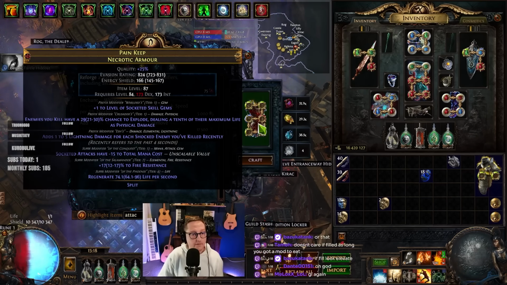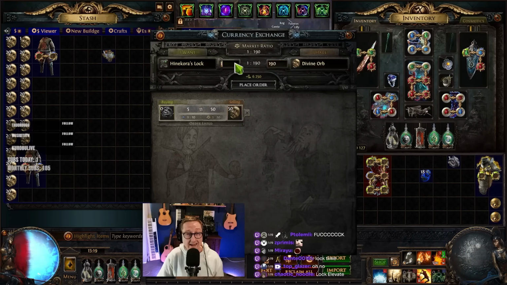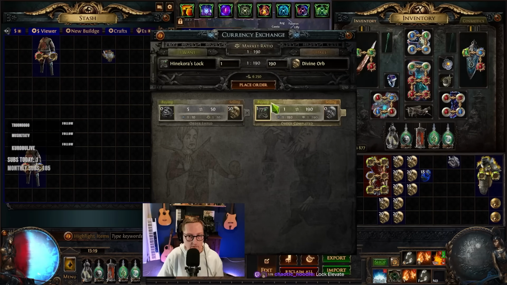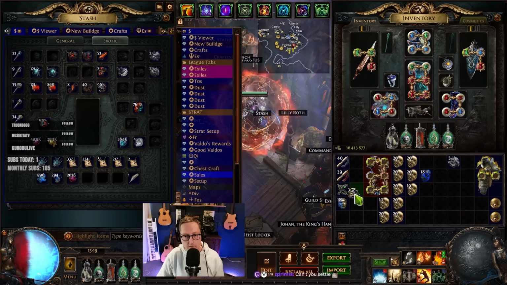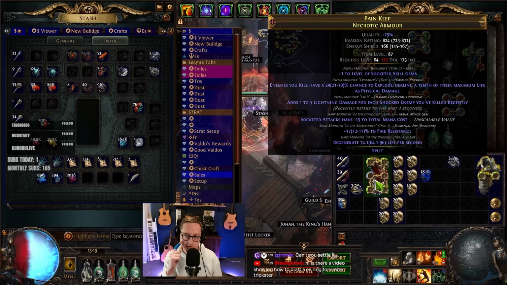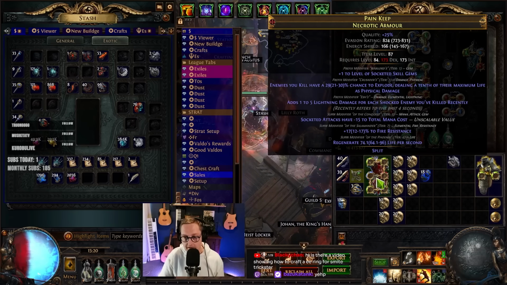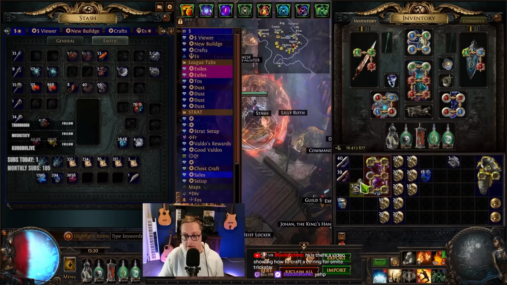It filled. I knew it. Okay, it's fine. 190. Oh boy. So, okay. S tier outcome of this would be the socket attacks gets removed and the explode gets elevated. We're in expensive land right now. Lock. And then we're going to try and...